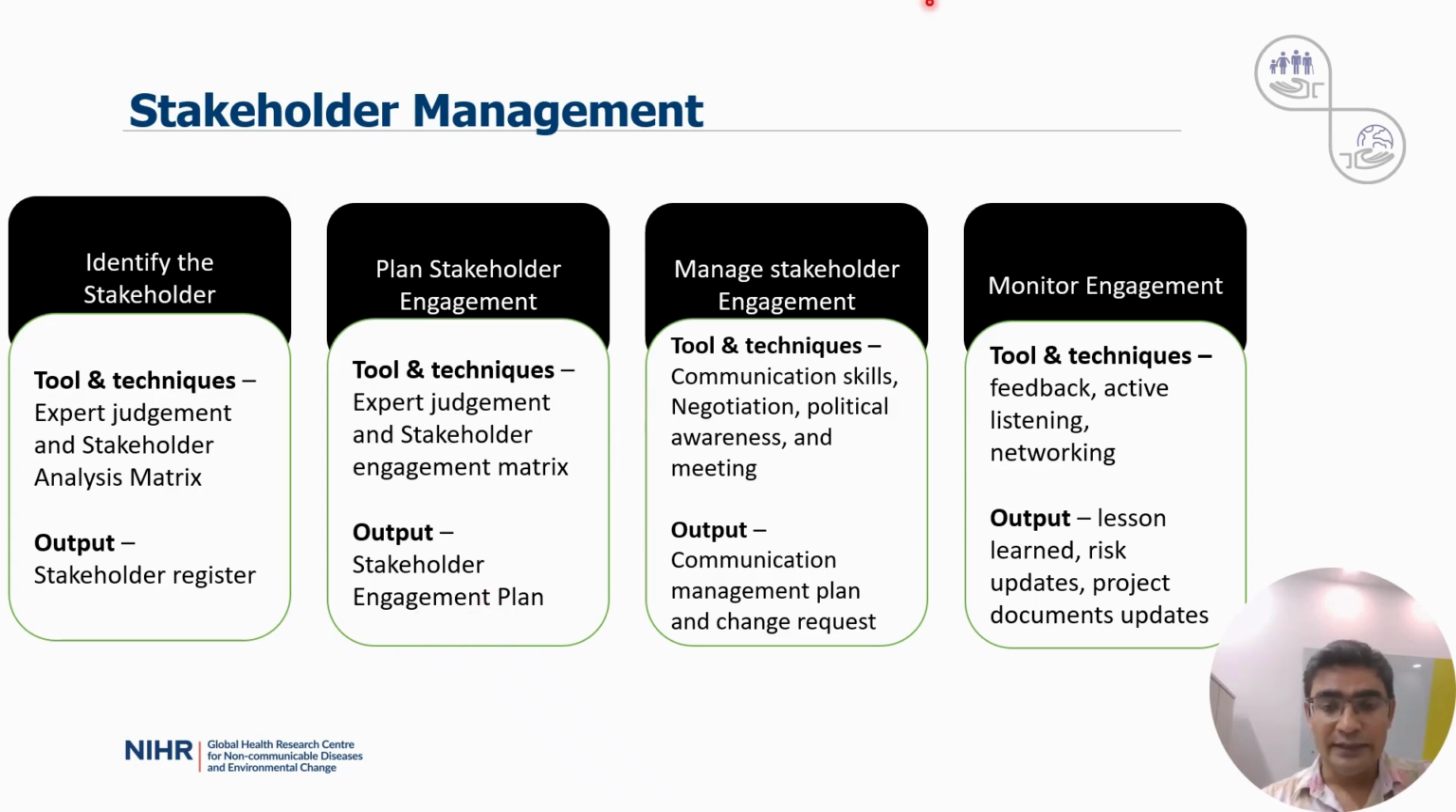This step relies heavily on soft skills such as effective communication, political awareness, negotiation skills, etc. These help us build trust and manage relationships, especially when we are dealing with sensitive issues or conflicting interests. Finally, we continuously monitor the engagement plan and look out for change, new stakeholder dynamics, and lessons learned during